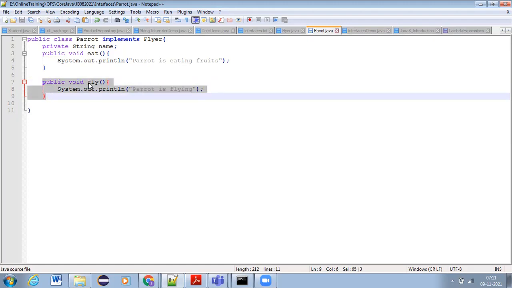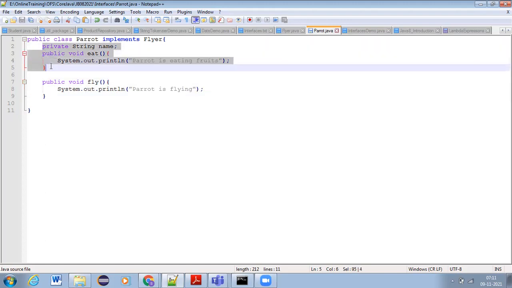And of course, along with these interface methods, if you want, you can write any other regular members in your class also, like a parrot name member and an eat method, parrot is eating.